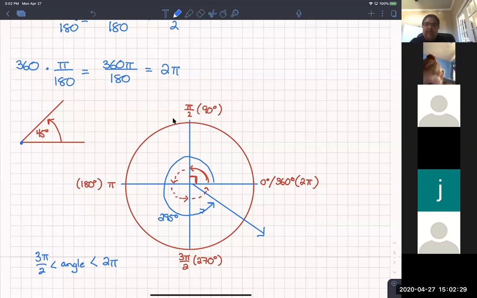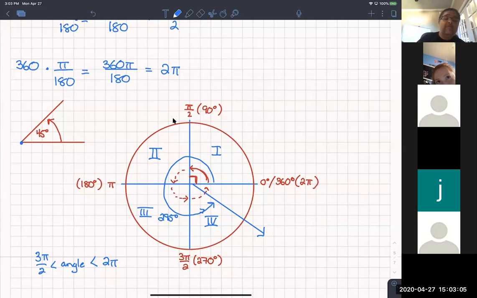So another way to do it is, remember when we were talking about coordinates in first nine weeks. We said the coordinate plane is divided into four quadrants. This is the first quadrant. This is the second quadrant. This is the third quadrant. This is the fourth quadrant. It's numbered counterclockwise, the same way we measure an angle. And that's the reason we number it counterclockwise, because that's how we measure our angles. Now,